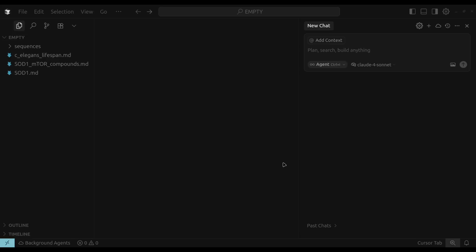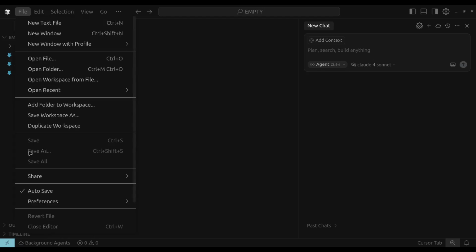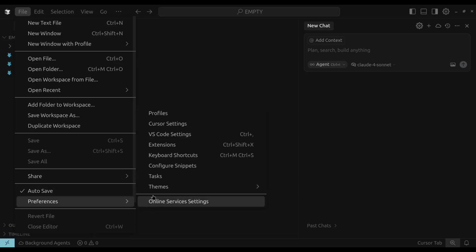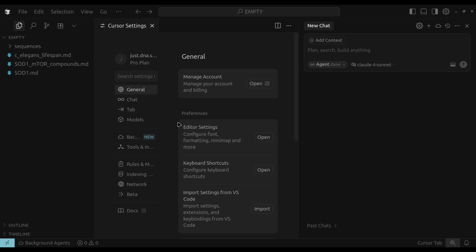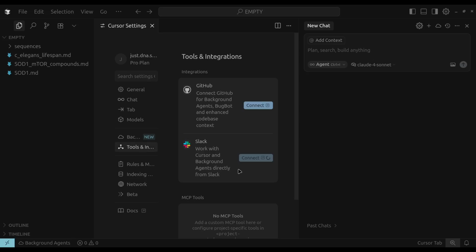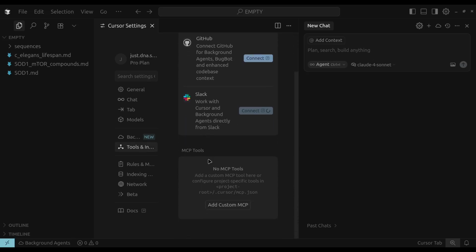In this video, we're going to show you how to set up your own MCP in Cursor. First of all, you can start with any empty folder, or not necessarily a folder, but just open File, Preferences, Cursor Settings. Here, under Tools and Integrations, we're going to see the MCP Tools category, where you can click on